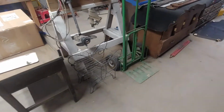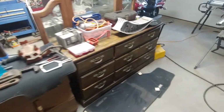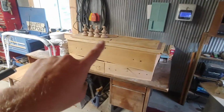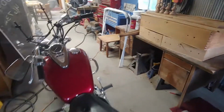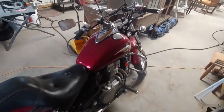So everything besides the furniture is stuff I got from the auction. All this furniture is just projects that I'm working on. Those spindles right there go to my bed upstairs. They'll get stained. But all right, this motorcycle was at the auction, and it is a